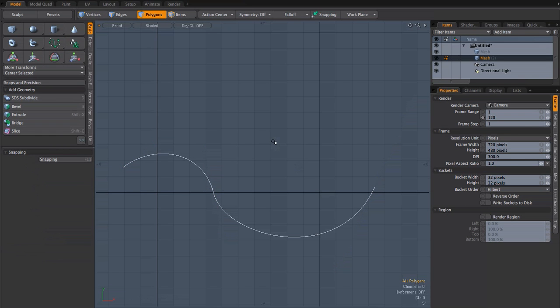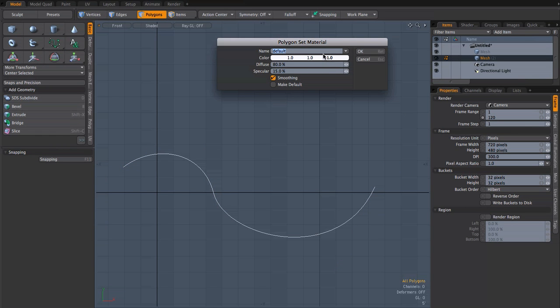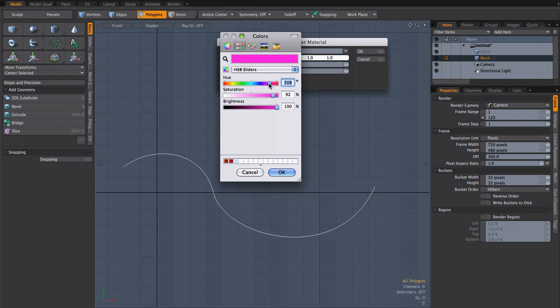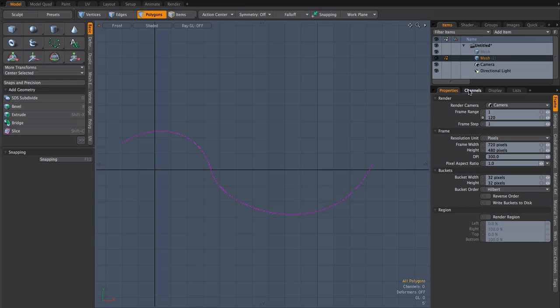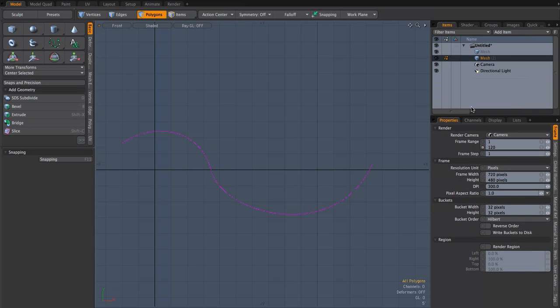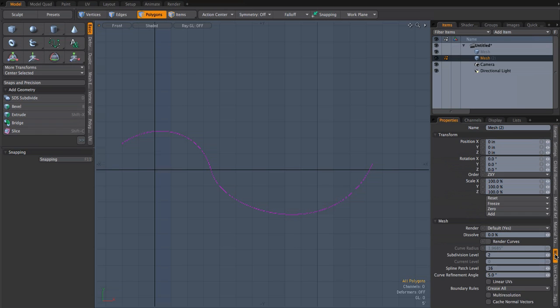And let's drop it, and we'll hit the M key and set a material for that so we can see what we're working with. Let's name it something like bend or bendable, something creative, and give it a color, something bright so we can see what we're doing. Hit OK, and then we go over to our items tab, click on the mesh we just created, and then go down to the right here and click on the mesh tab here, and you're going to click if I can just find it, let's pull this up a little bit,